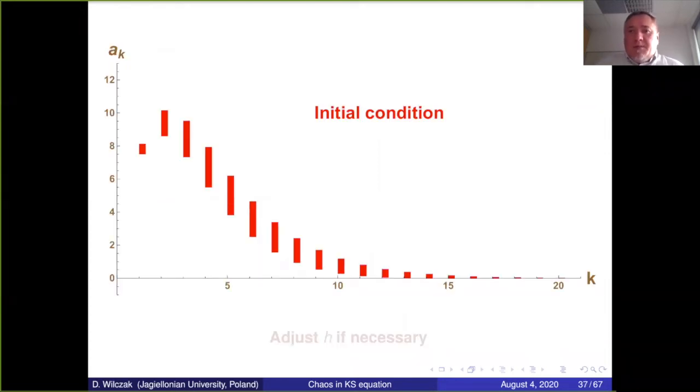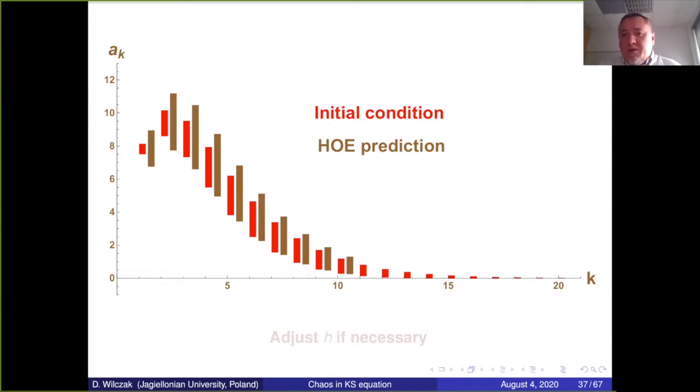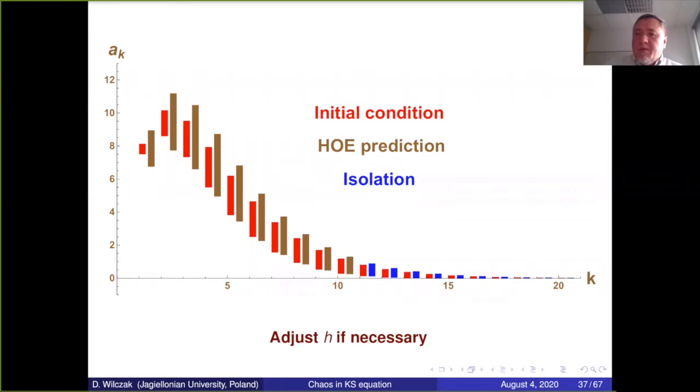Good, and here's a picture. If we have our initial condition, first we predict the enclosure on the finite number of modes, then we enlarge a little bit on the tail to have isolation, and then we come back to the main modes and shorten a little bit the time step. So this is the C0 algorithm.